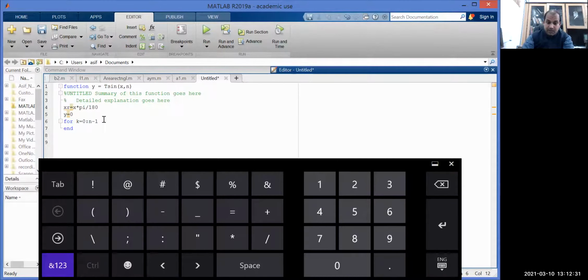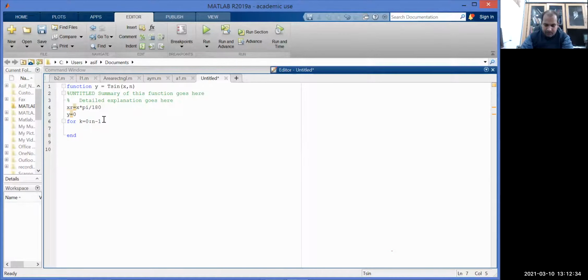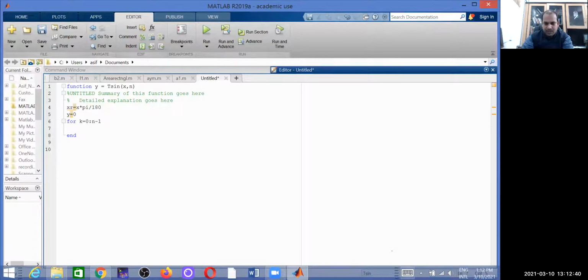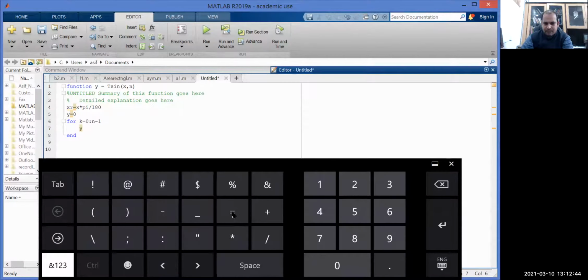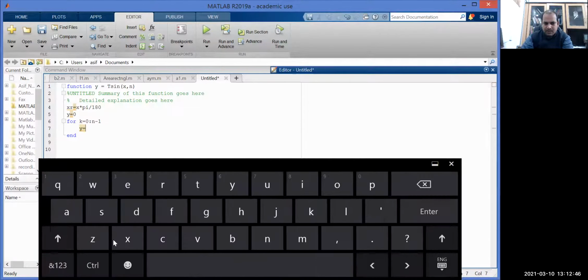Now you need to provide the relation, because we are adding the nth term to the previous terms. Just like in the previous question, y is equal to y plus... In the first pass the value of y will be 0 because we are starting from this one. So 0, the first term will be added.